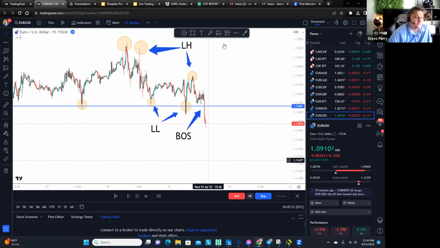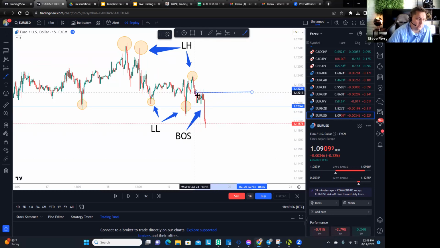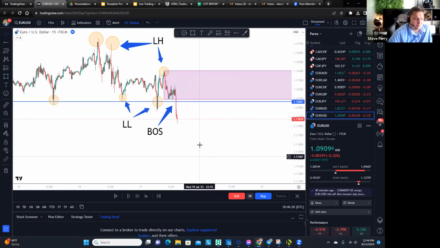Okay, here's how you find it, guys. Follow the move backwards. So if this is the move that broke structure, follow it backwards. Find liquidity. Well, this could be some liquidity right here because whatever they did here led to this market move to the downside. You could also say, honestly, this whole area is liquidity because this big contraction is where the market was moving back and forth before it just fell off. This whole area is liquidity. So basically from this high to this consolidation, all of that's sublime liquidity right there. That's a massive selling opportunity, massive selling area.